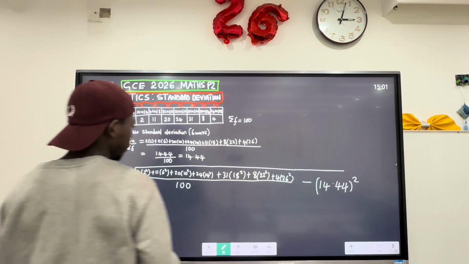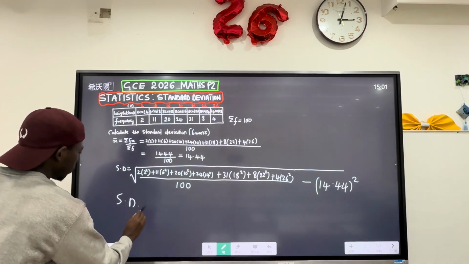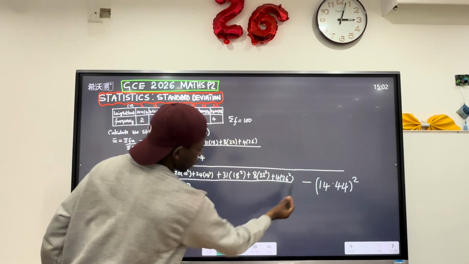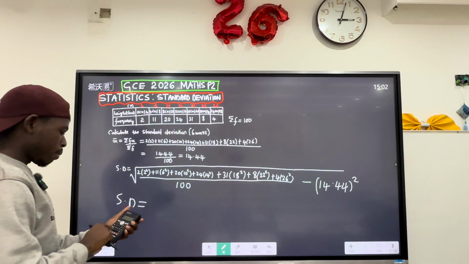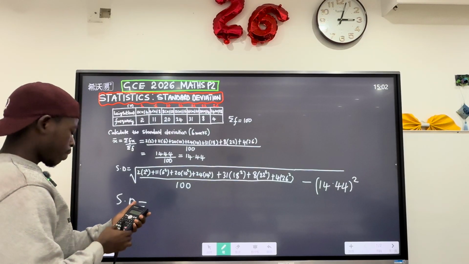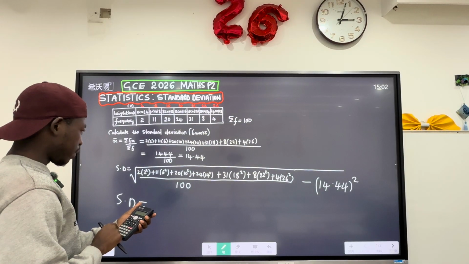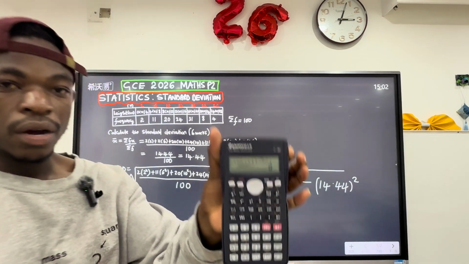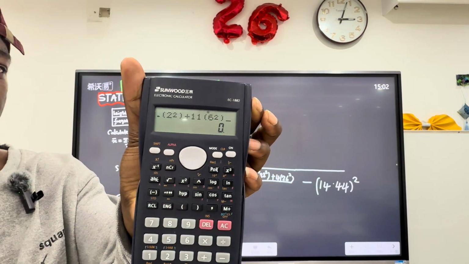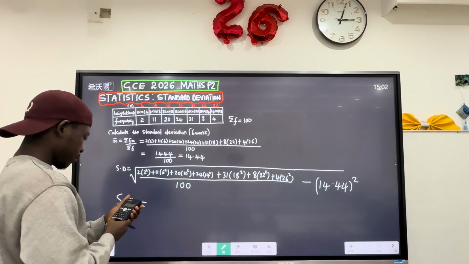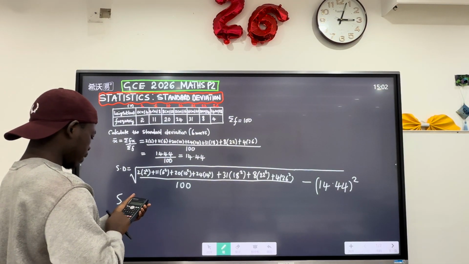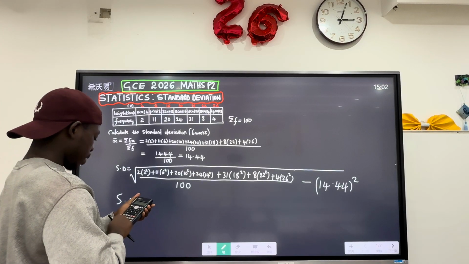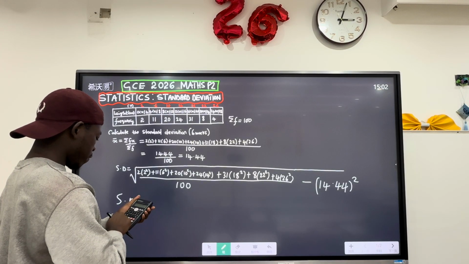That's all. So standard deviation will be equal to, and we need to be very careful here. You write the same way you're seeing it here. So you start like this: 2 multiplied by 2 squared, plus 11 multiplied by 6 squared. You see how I'm writing? Then plus 20 multiplied by 10 squared, plus 24 multiplied by 14 squared,